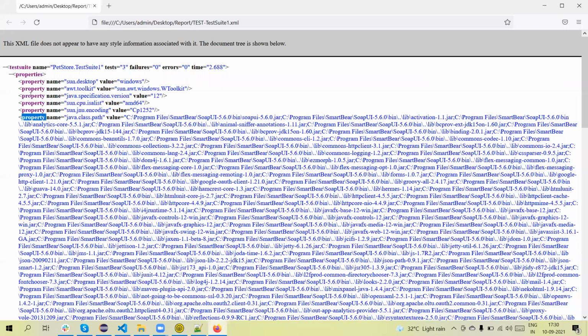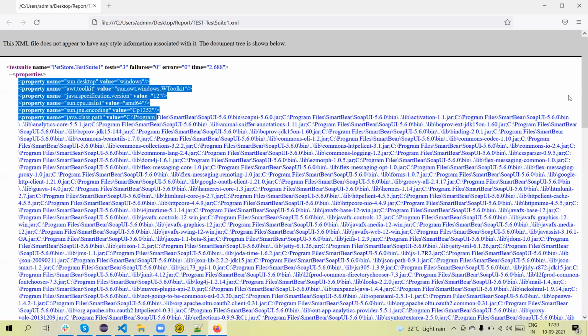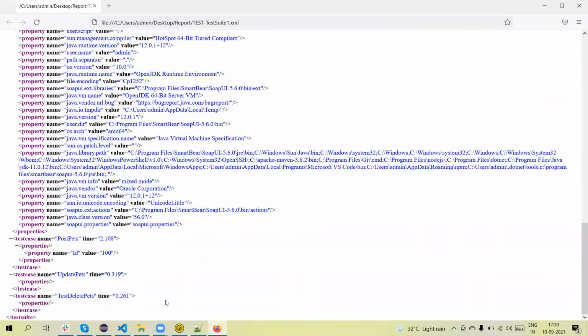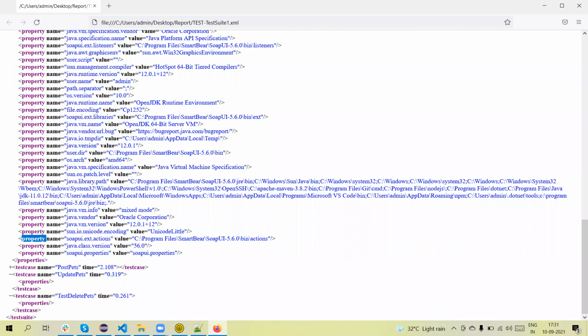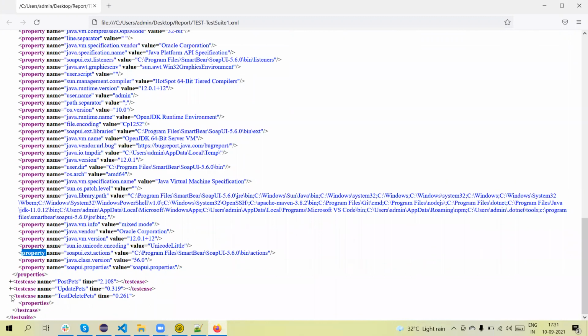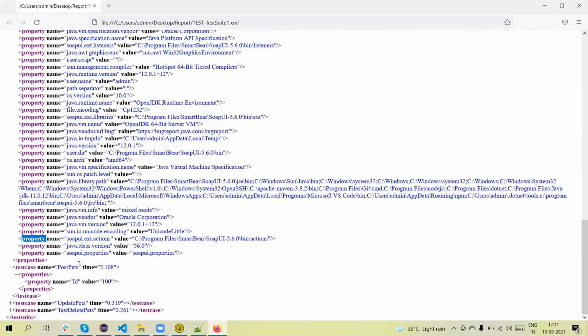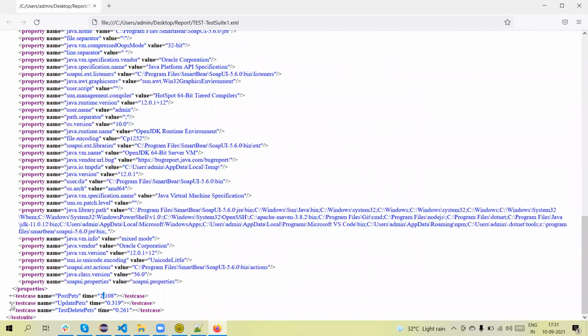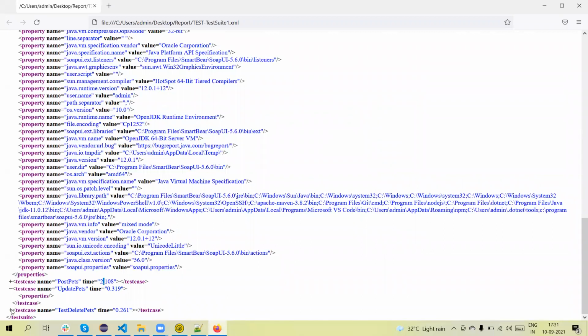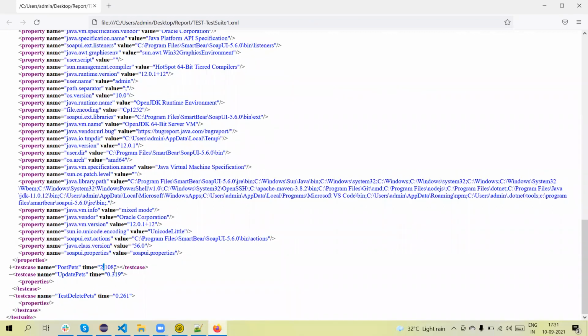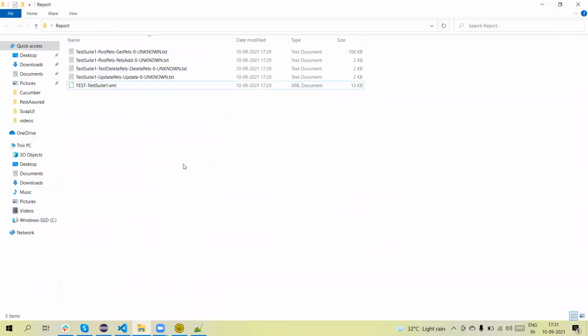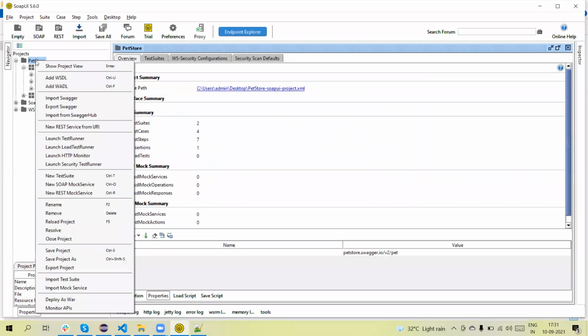These are the properties. All those properties are automatically added here. If I scroll down, you can see the test cases. Above are the properties captured by SOAP UI, and these are the test cases. Here you can see one test case, two test cases, as well as three test cases. All three tests passed, and it shows how much time each took. This one is the update test, and this one is like the delete test. All three tests are executed, and this generates the report in XML format. Let me run again and show you.